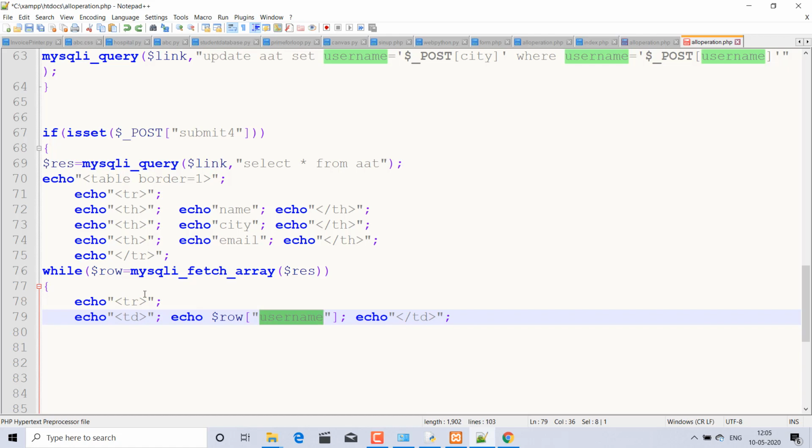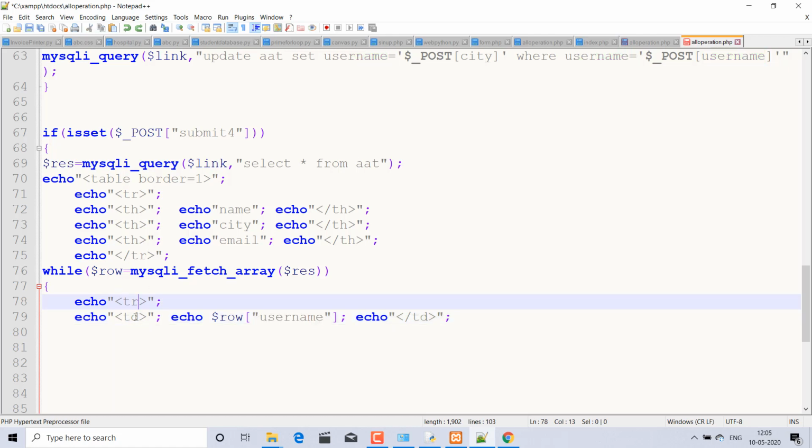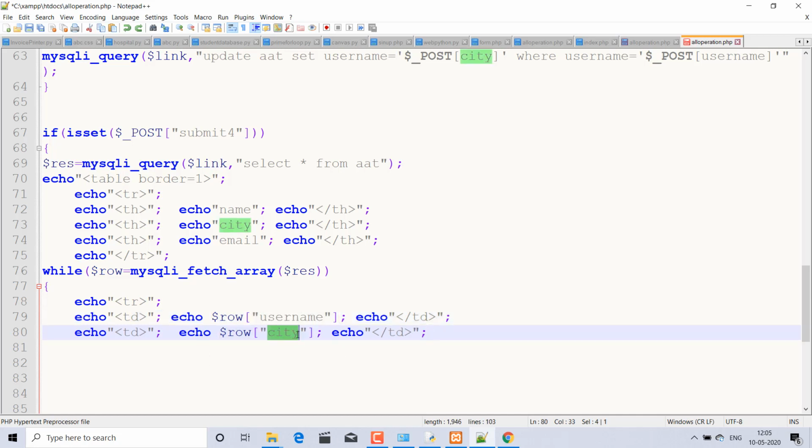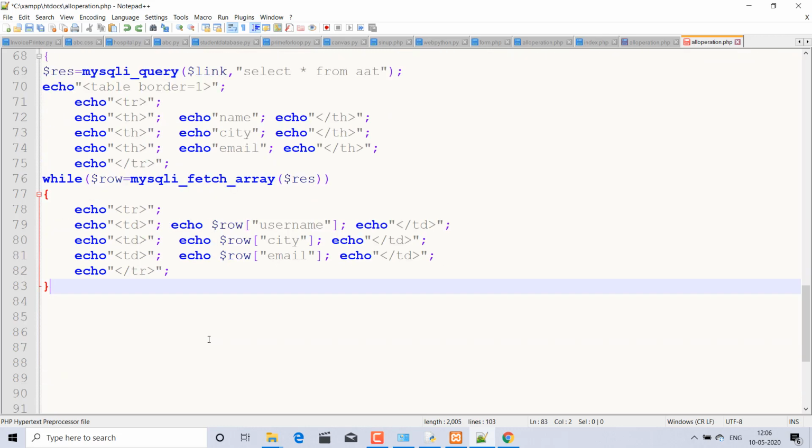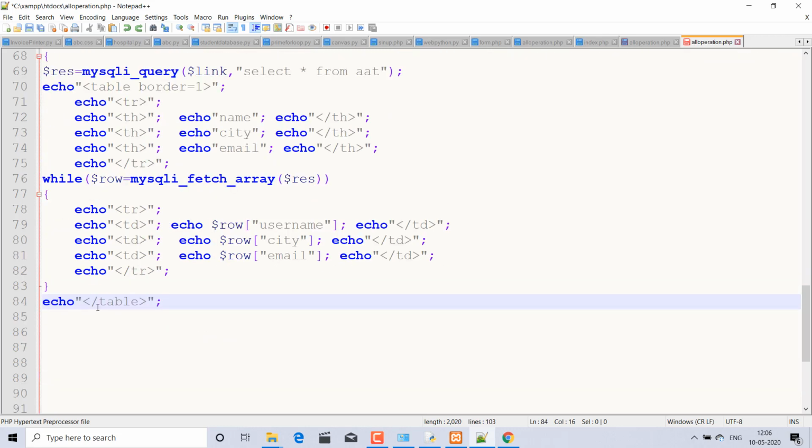After fetching these values by using that name and td, which is the table data, in tr there is the username, another is the city, and another table data is the email. All these three things will be fetched, and tr closed and while loop closed. Okay, and now echo, that is again table closed, the whole table is closed.